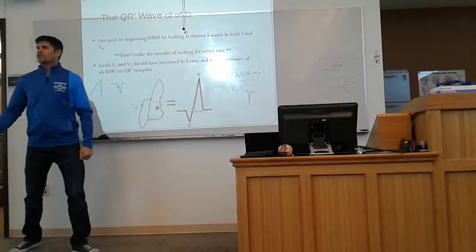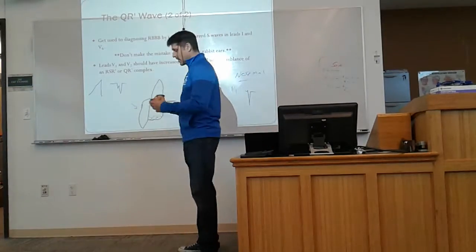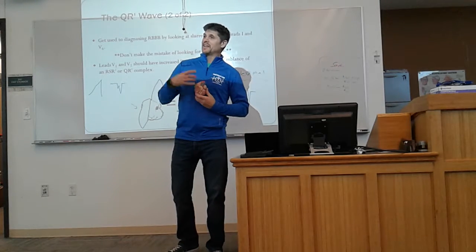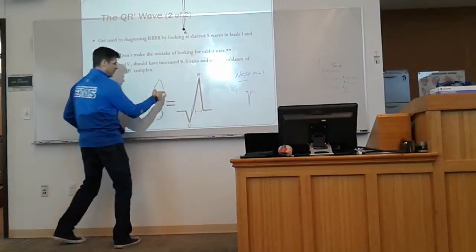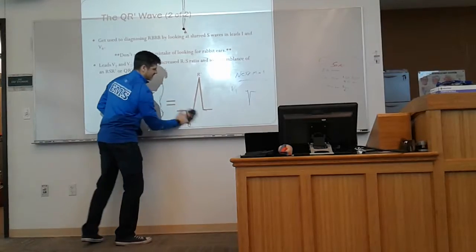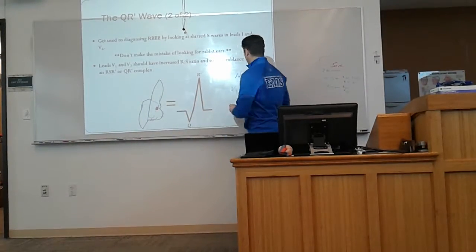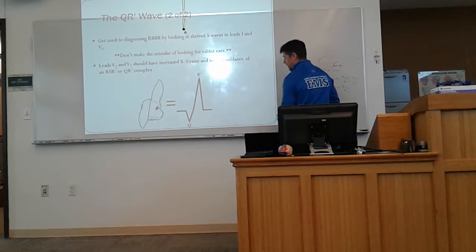You could see it in V6 on the left side. You might see something like that in V1 because there's something funky going on with the left side, especially if it's a left posterior block. You might see something like that, but not for this right side. So if we see that in V1, it's almost not right side. Statistically, it's not going to be. So your criteria